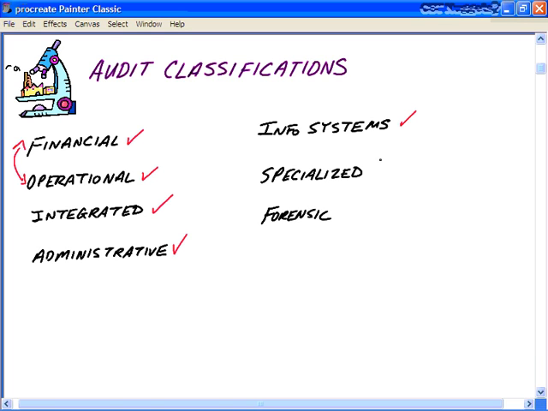You may also have specialized audits, ones that are done for certain standards, certain guidelines. For an example, the Statement on Auditing Standards, SAS 70. There's a number of specialized reviews that examine certain areas done by third parties and forensic auditing. Forensic auditing is our last classification, and that's basically an audit specializing in discovering, disclosing, and following up on fraud